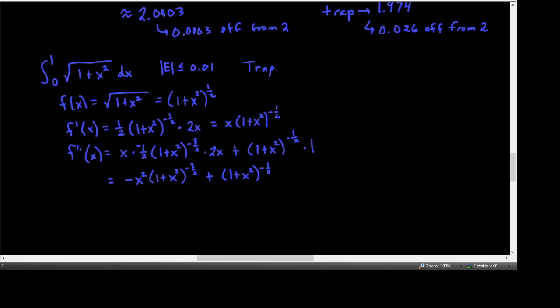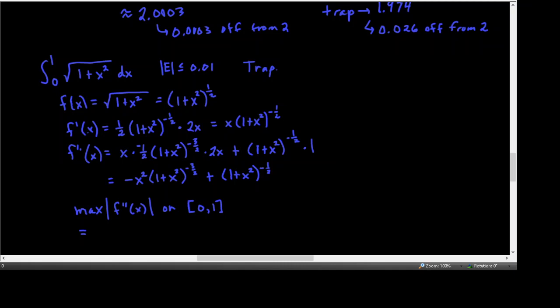Okay, so then what we want to find is the maximum value of the absolute value of the second derivative function on the interval from a to b, and since we're integrating from 0 to 1, that's from 0 to 1. Okay, so that maximum value,